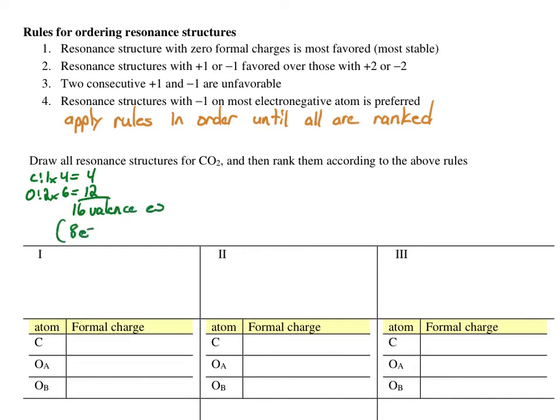And that means that we have 8 electron pairs to distribute. We'll start with carbon in the middle and oxygen atoms on either side. Connect them up. That takes 2 of the 8 electron pairs. The next step is to complete the octet of the outside atoms, which we can do here. And now we see that we've used all 8 of our electron pairs, but carbon is electron deficient by 2